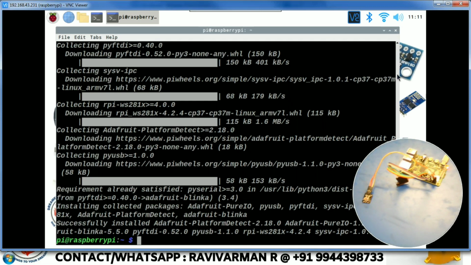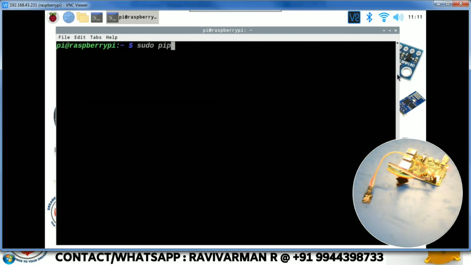Then I'm going to install the library for the ADC, that is ADS1115. So sudo pip3 install adafruit-circuitpython-ads1x15, because we have a lot of models, 1115, 1015, there are a lot of models, so I am just giving ads1x15.